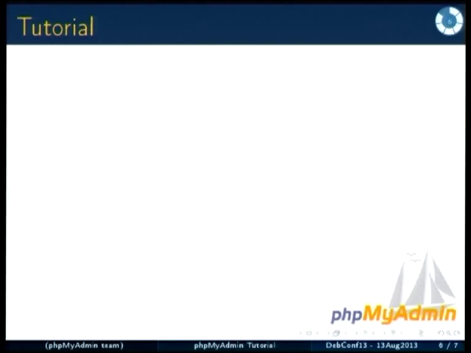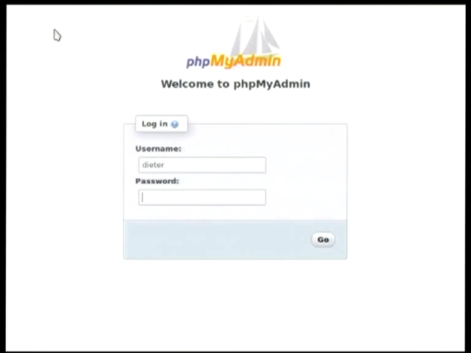I will now show a few basic features of phpMyAdmin. So if you go to the login screen, you see something like this. You just log in with your username. This is actually the username that's defined in the MySQL server. So phpMyAdmin does not have a separate list of usernames and user privileges. It uses the credentials and the rights that are configured in the MySQL database server. So you just log in,